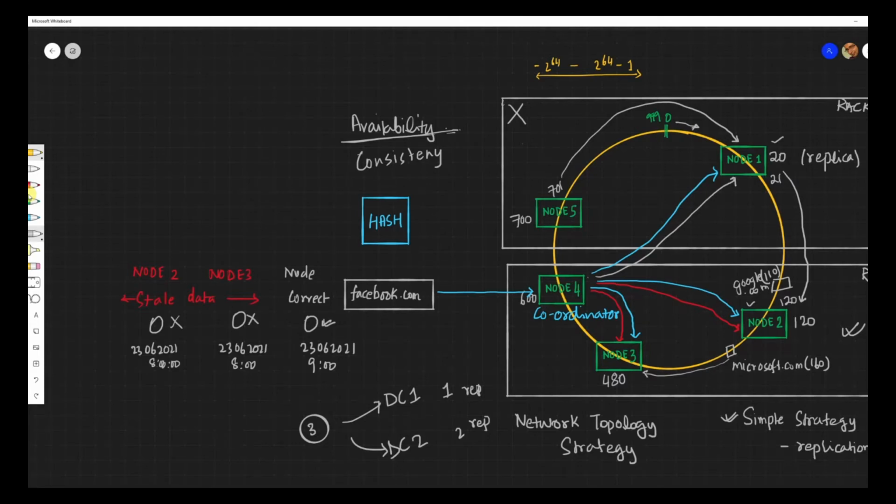So of course I am going to return this data, and this node over here, this node 1, is going to sync up the data between these nodes. So he's going to go ahead and update this data. So now the question is, should we do this all the time? Should we go ahead and get the record every time?